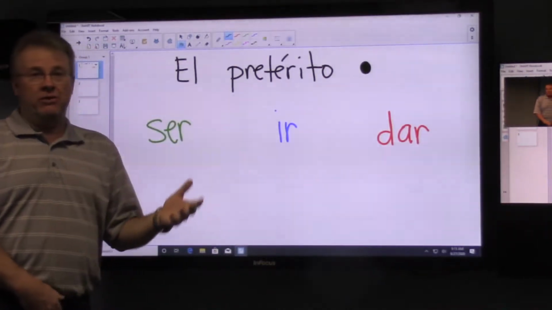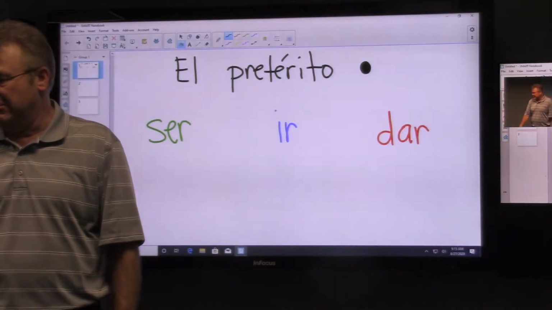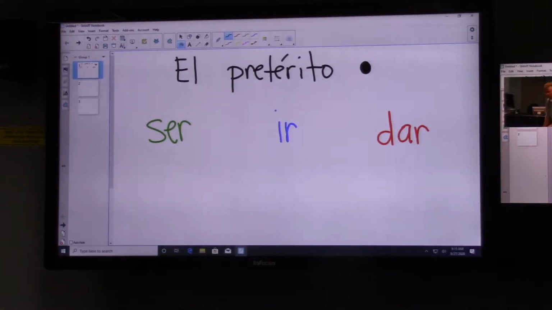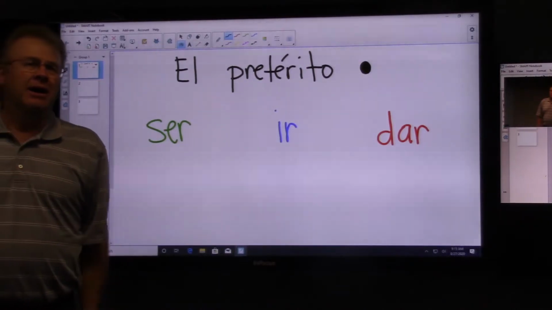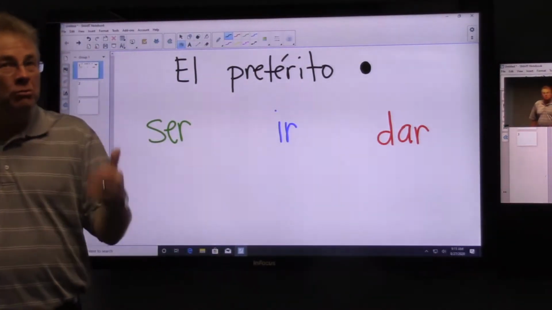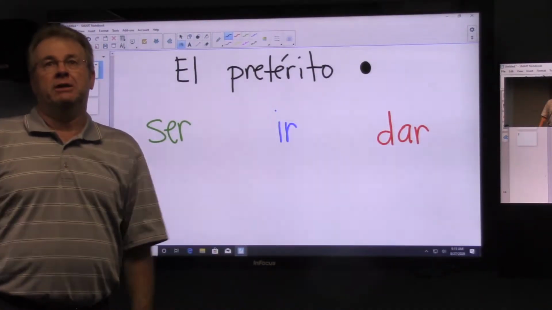Now, this isn't going to be a very long video because this concept is pretty easy. If you want to follow along, estamos en el libro, en la página 235. There's a chart at the top. I can't really write it on the board any better than it's written in the book, this chart, right? But I'm going to replicate it because I want to show you something very, very unique about this particular concept.